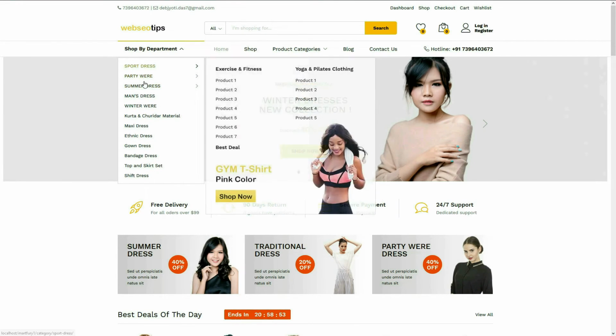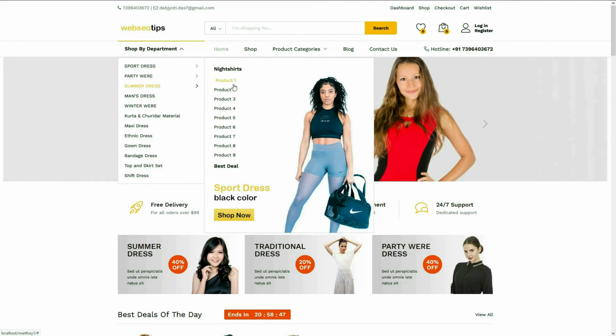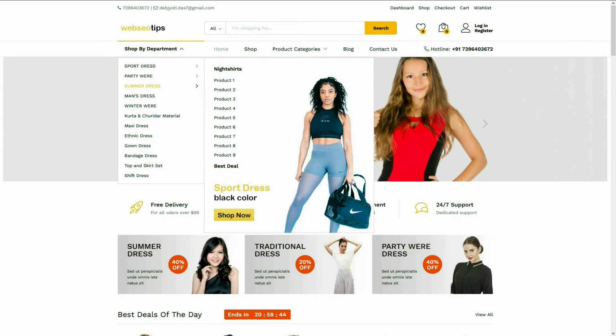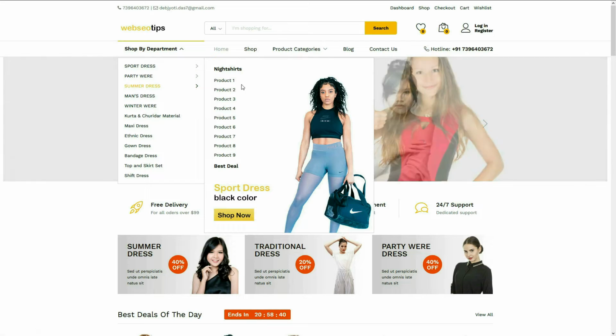Similarly I have to design this summer days sub menu also. So for that here will be single row single column only, and after that this background image also I needed. So come back here, and here you can see in the night set there will be total 9 sub products.